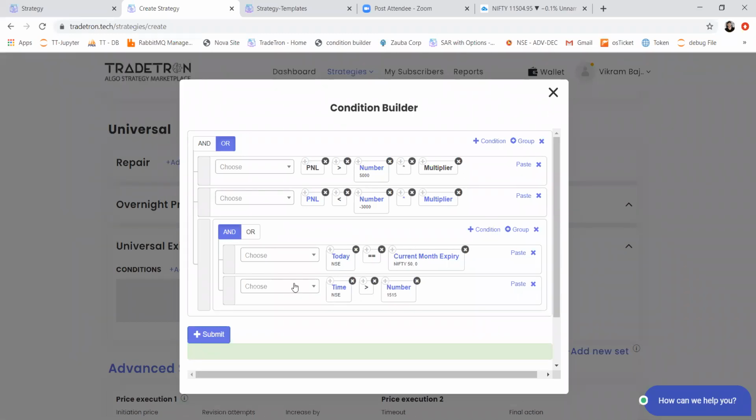So a group can be used where you want to do AND of two different tools and use it in combination with different tools. So this is where you can use this group feature. It is like bracketing. You are putting these two conditions in a bracket and then applying it with other conditions. So I hope this part is clear. This can help you to create more complex logic, or if you have multiple logics based on multiple tools, in that case, you can use this group feature.